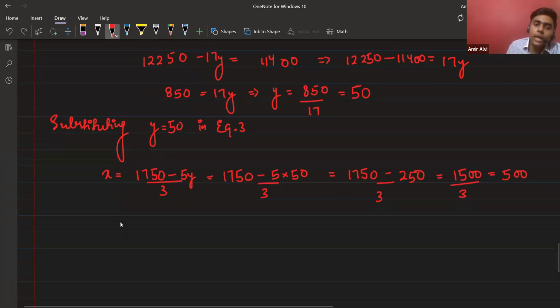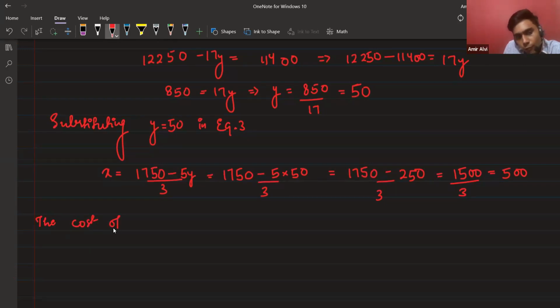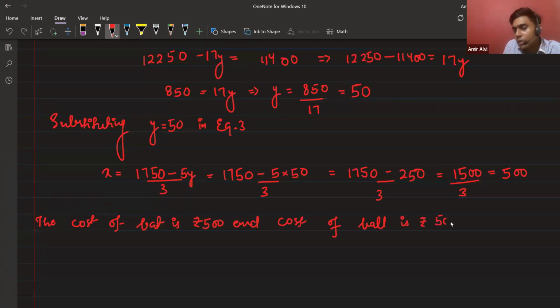So you will write in the answer as, the cost of bat is 500 and cost of ball is 50 rupees. Now what you can do is, if you have to basically verify that you have found the